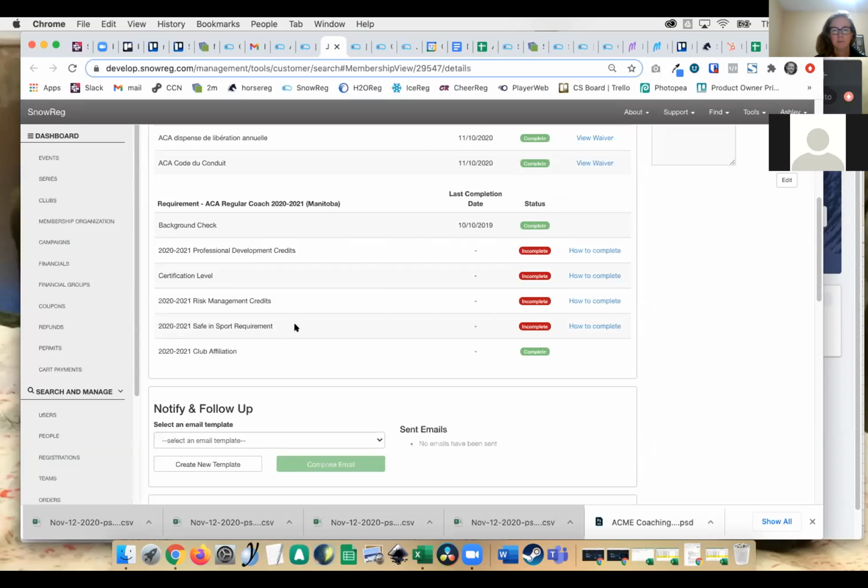And so that's sort of the safety and sport requirement. It's a very simple structure where we have a single module in the CAC system coming across when someone completes it over there, and that updates their membership requirement. The others are quite a bit more complicated in the sense that at minimum certification level, this requirement here,